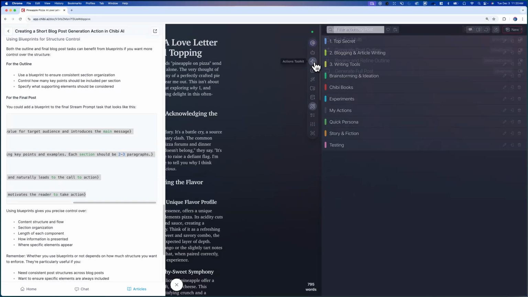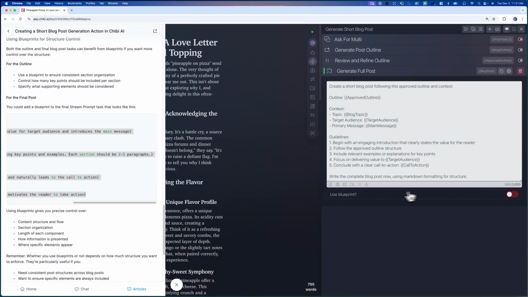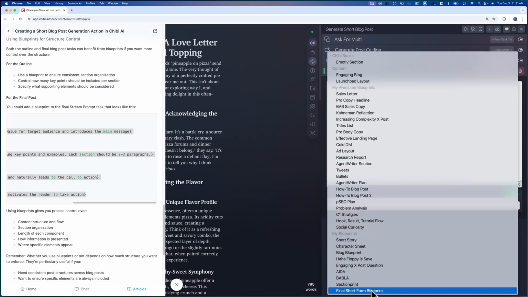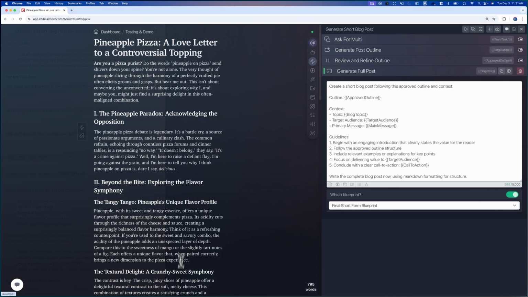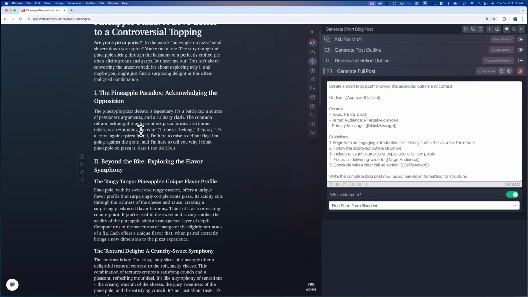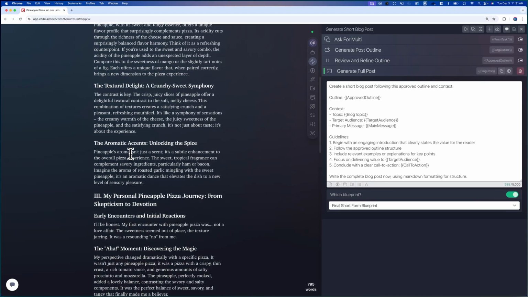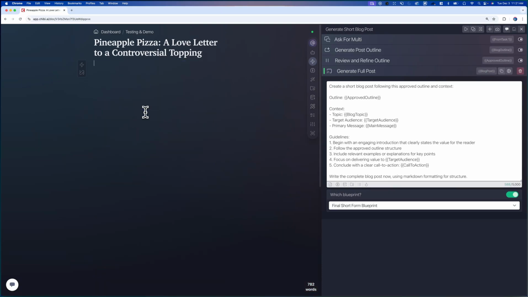And then if we go back into our action, the generate short blog post action, and I go to the stream prompt here. Down here we have this use blueprint toggle, so I'll turn this on, and then I'll pick that final short form blueprint. Okay, so what I'll do now is I'll close this out again. So you can see that the formatting that we have here looks something like this. What I'll do is I'll just go ahead and remove this content,